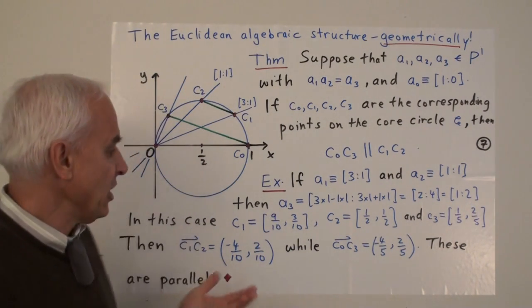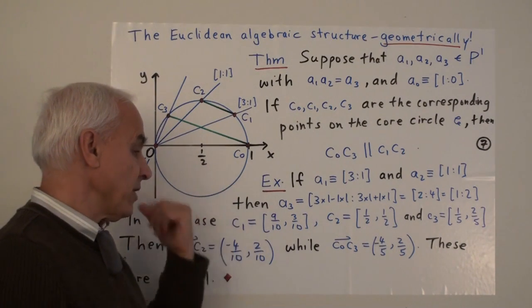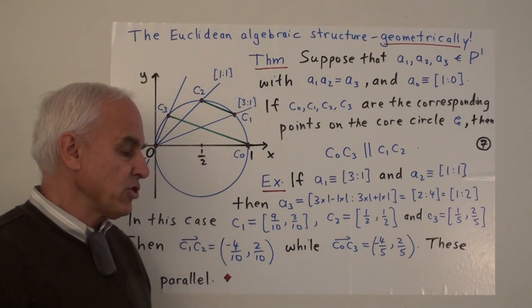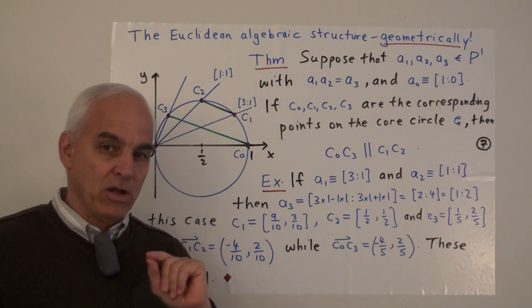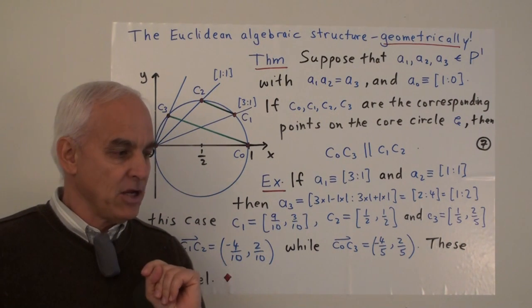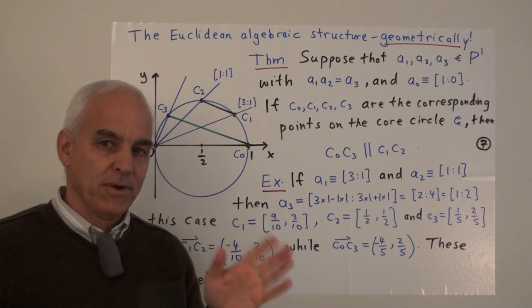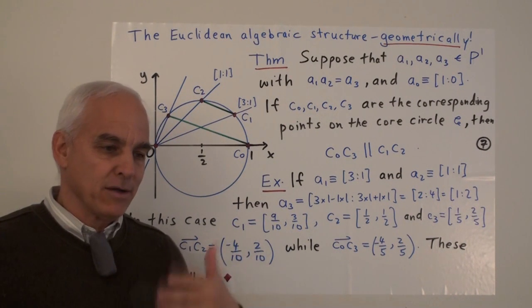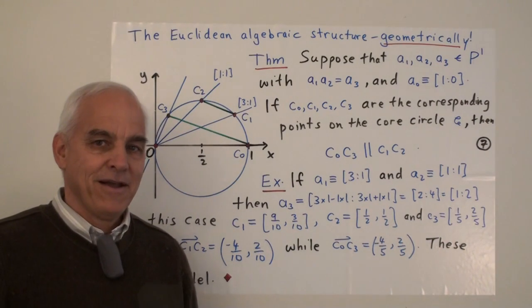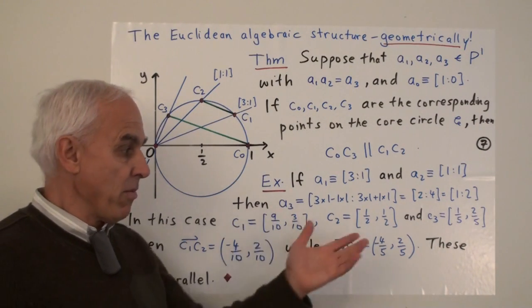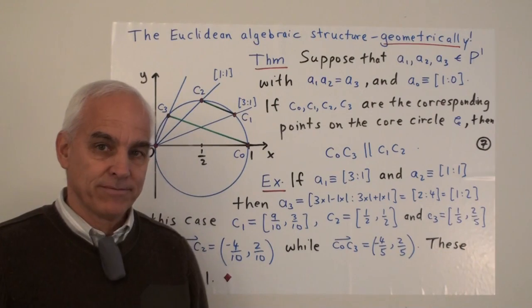So this is an interesting algebraic structure on a circle, which I actually talk about more generally in one of my earlier algebraic topology videos, I think number 2 or 3 or 4. There's one entitled Algebraic Structure on a Circle, or maybe a conic. So you can have a look at that where I talk a little bit more about this structure.